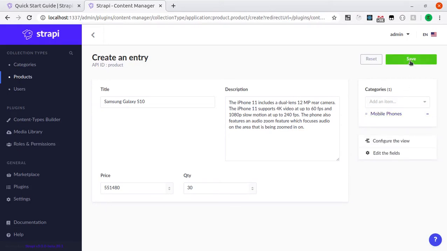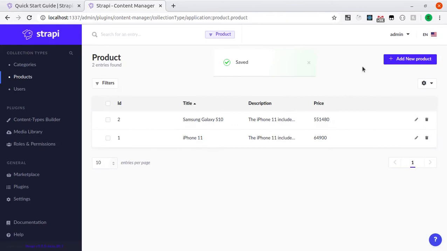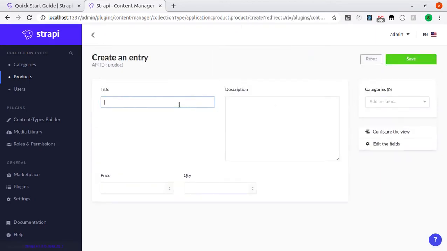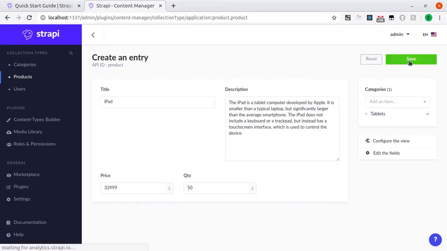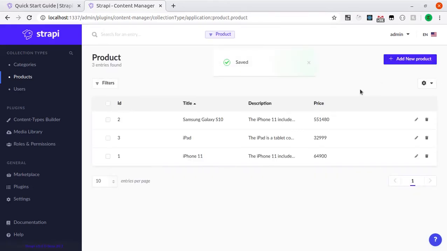And then we will create one more product, which will be an iPad, and grab a description. Price we will say 32999, and we will say we have 50 of them, and we want to choose tablets for that category. And you can choose multiple categories because of the way we set up the relationship. So now we have some data.